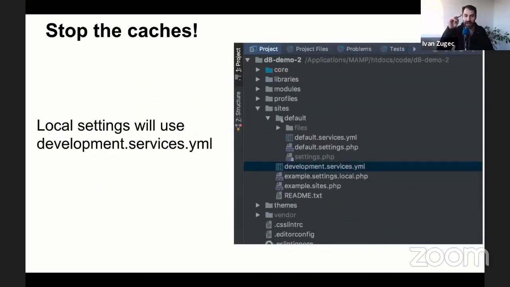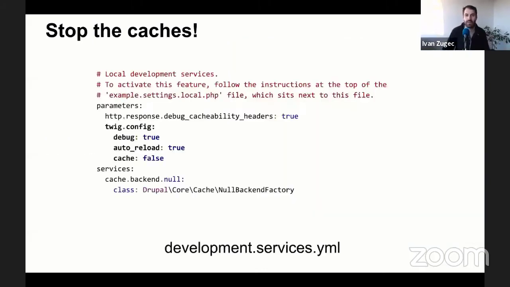And this local settings points to a different services.yaml. Now, this services.yaml comes with Drupal 8 core. So if you have a copy of Drupal 8, you can go check it out. And this services.yaml implements a few things. It defines custom parameters, so this is debug cacheability headers, and also custom services. This essentially means that